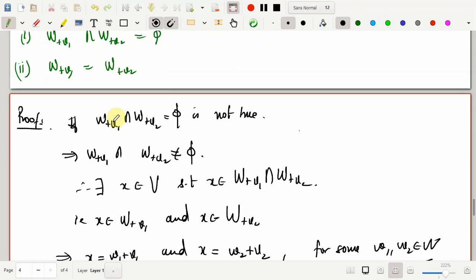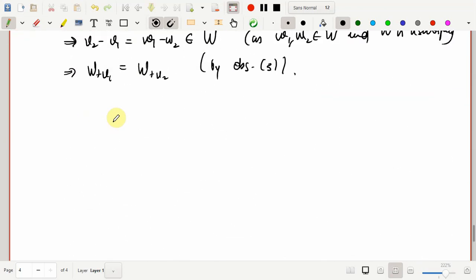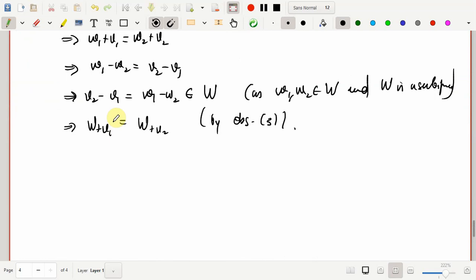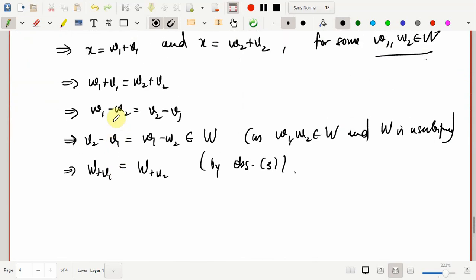Okay, with this I end this session. In the next session on quotient space, we will define the so-called quotient space, that is in fact a collection of cosets of W generated by the points of V. In fact, this set, this collection, forms a vector space, and that is called the quotient space, with respect to some operations of addition and scalar product, which we'll be defining in the next lecture.